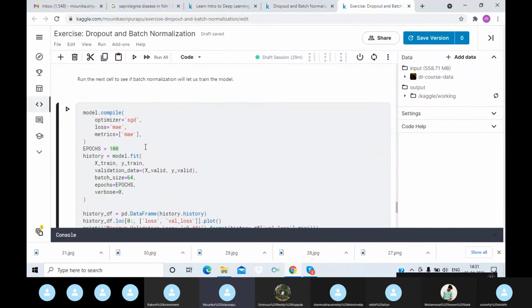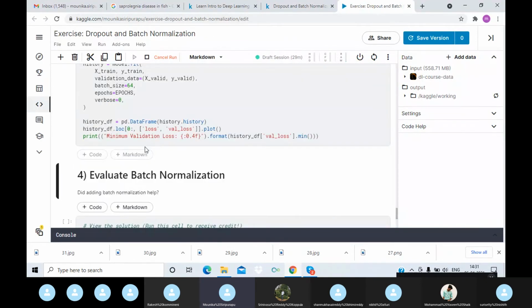Now for training the model we have to run this cell with batch normalization.